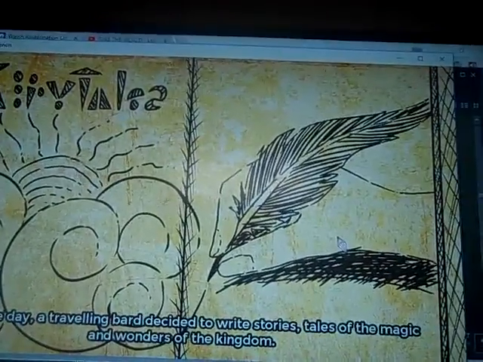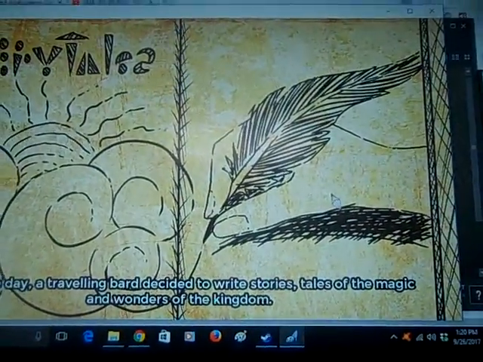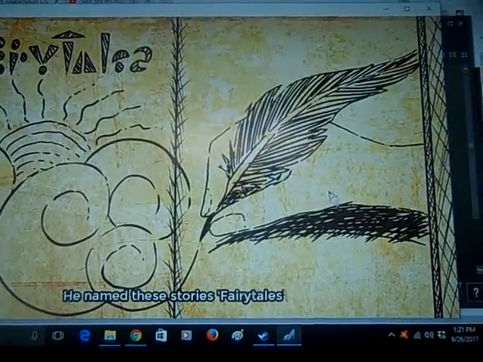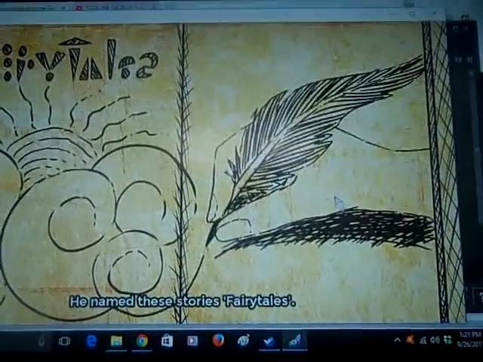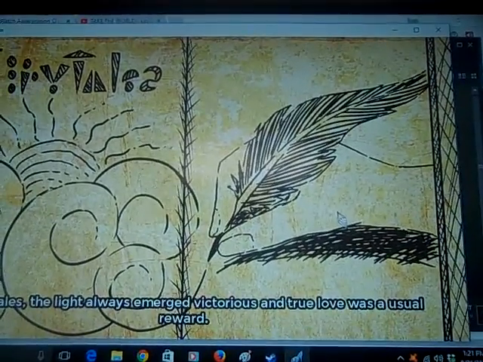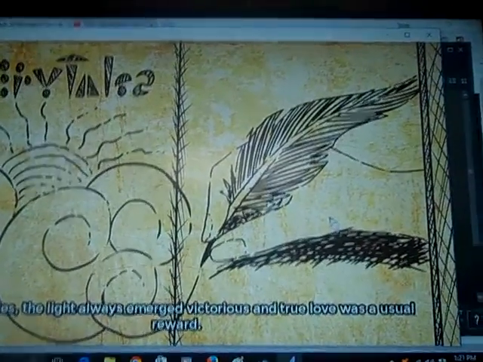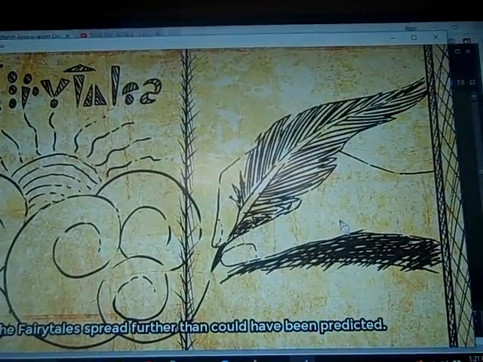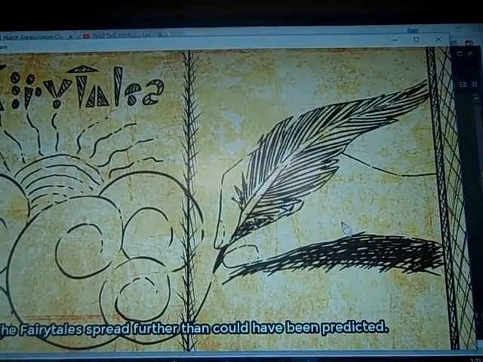Then one day, a traveling bird decided to write a story of tales of magic and wonder of this kingdom. His name was the Storyteller of Fairy Tales. In fairy tales, the light always gained victory, and true love was the usual reward. The fairy tales spread throughout the kingdom.